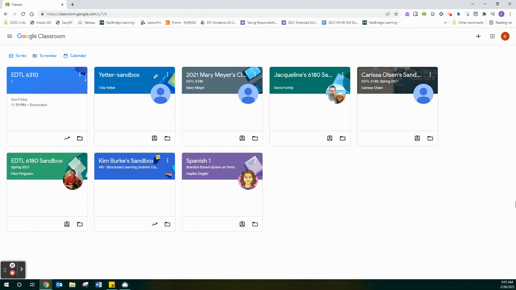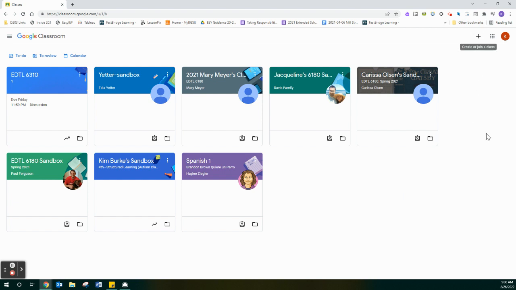So on here, this is my personal Google Drive, since I don't have access in my professional. These are some other classes I've been invited to from students in some of my other technology classes. And then I did make a sandbox at one time, didn't go too far into it, but to create a